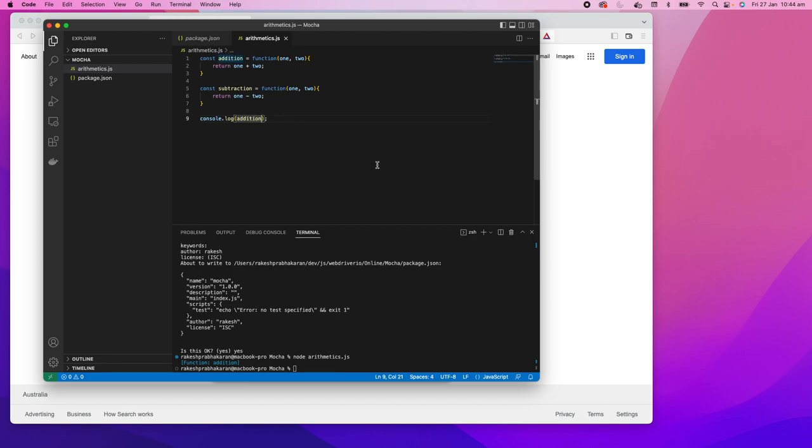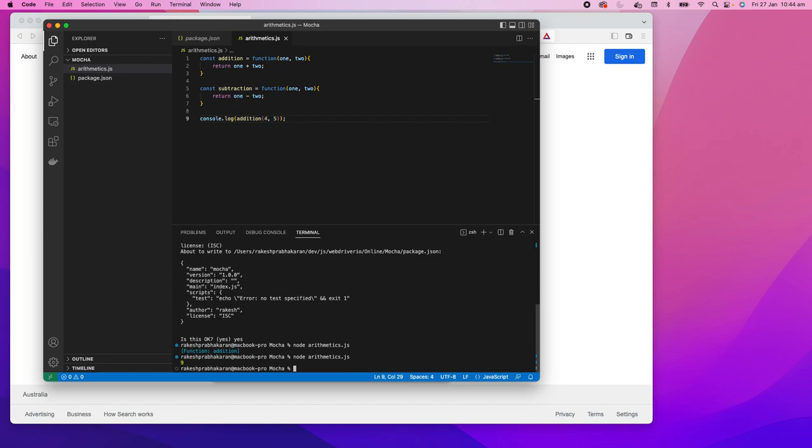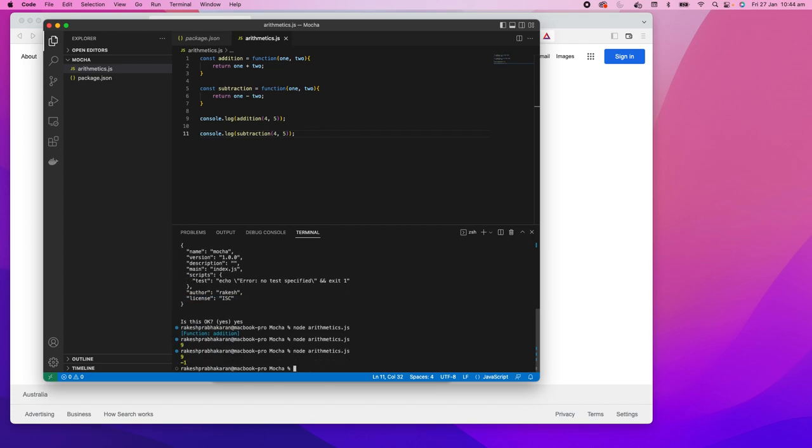I didn't pass any values to it, right? So when I really pass the values, you can have 4, 5. So I'm calling the function. I'm passing the 2 parameters that will be taking 1 and 2. Will return the result. Yep. And also if I call the second function, that is subtraction, return me -9. Yeah, -1, sorry. Okay, so now we have a function and 2 functions in here, and